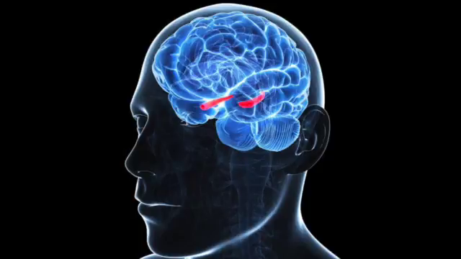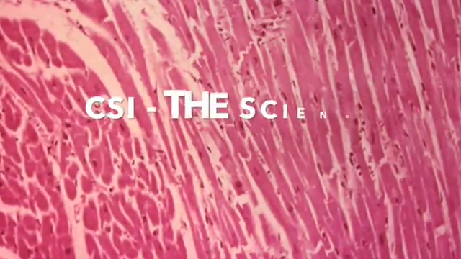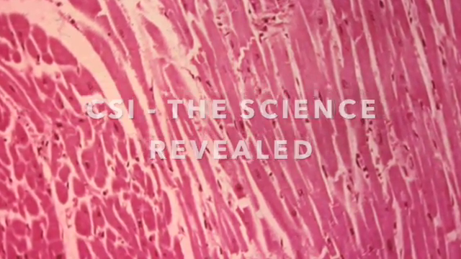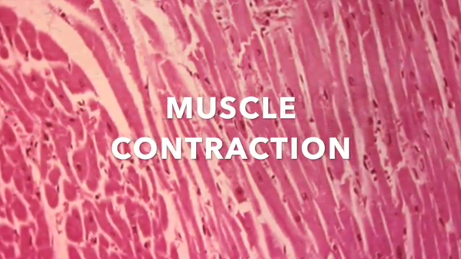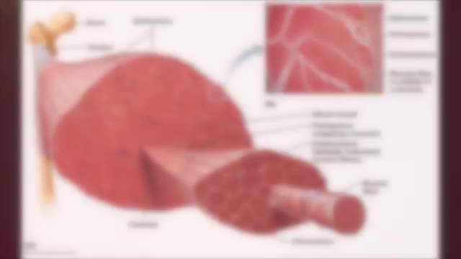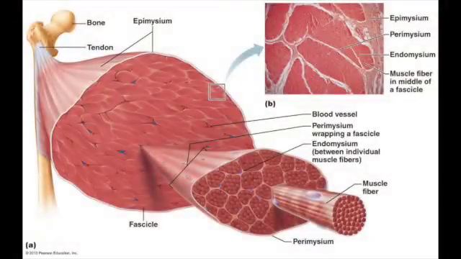Yeah, we're not talking about the brain specifically, but this is CSI, the science revealed, and we're going to talk about muscle contraction. The first part of the skeletal muscle structure starts with the tendons, which are fibrous tissues that attach the muscle to bone. Next, the entire muscle is encased within the epimysium, the outermost membrane of the muscle, which is also